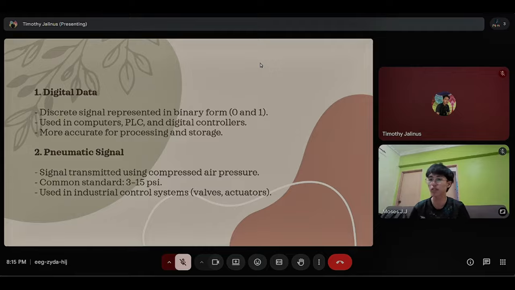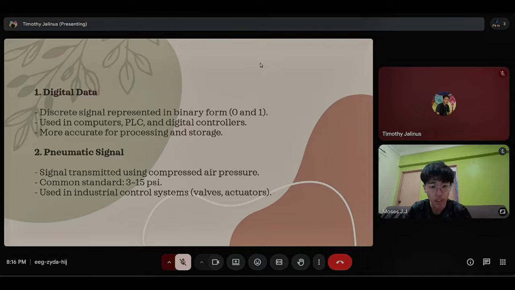So the next one is pneumatic signal. Pneumatic signal transmit information using compressed air pressure instead of electricity. In industrial